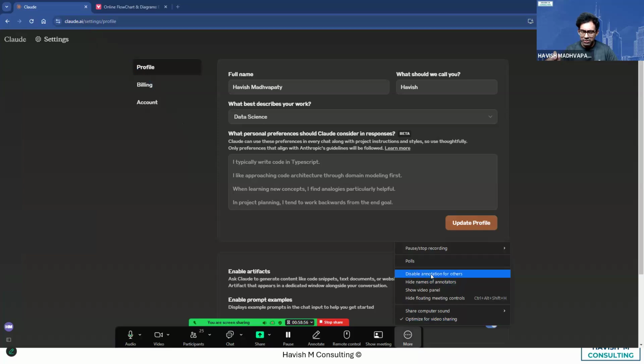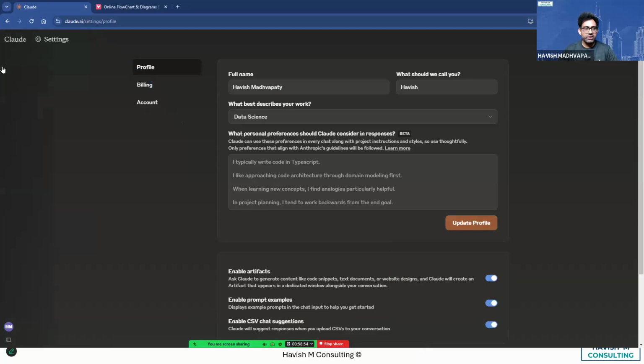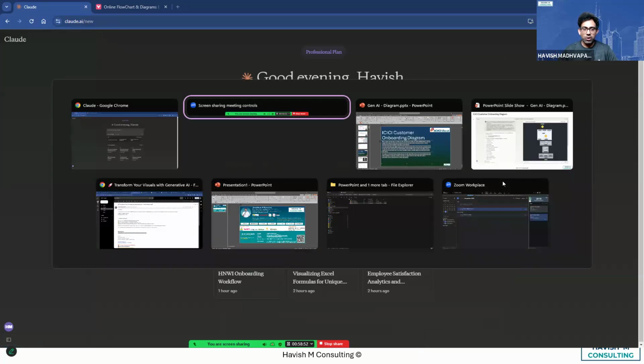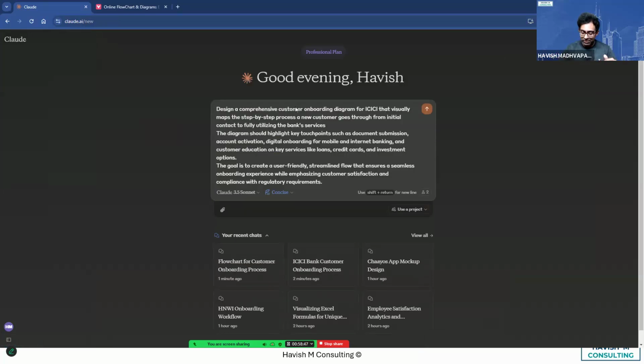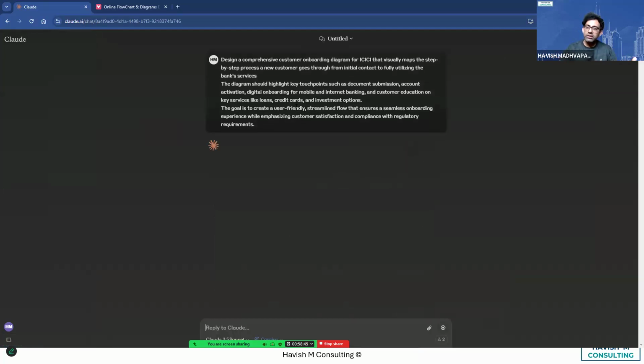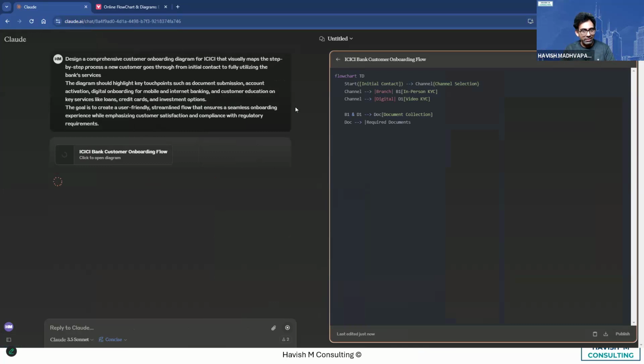And I want to disable annotation for others. Here we go. Perfect. Okay, as you can see with the slightly bigger prompt, the one that I have already pre-written, clearly the quality of your output is going to be so much better because you're not just giving a one-line prompt where Claude has to do a lot of thinking. So this is essentially, everyone, how you should write a prompt.